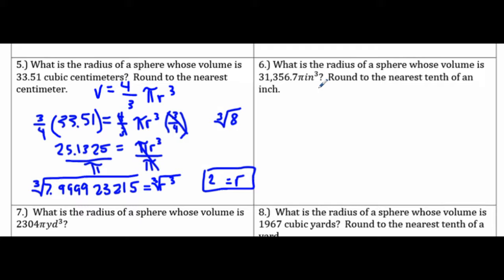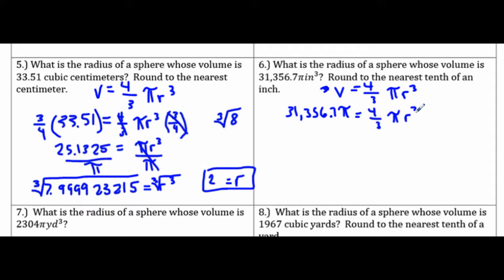Now let's do another one here. This one says the radius of a sphere whose volume is, let me write the formula first. 4/3 pi r cubed. The volume is 31,356.7 pi inches cubed. So when you write the V, you have to write the pi. Do it. You have to write it. If you don't write it, you're going to get the wrong answer, but also something nice is going to happen